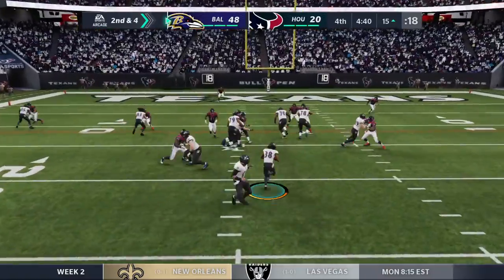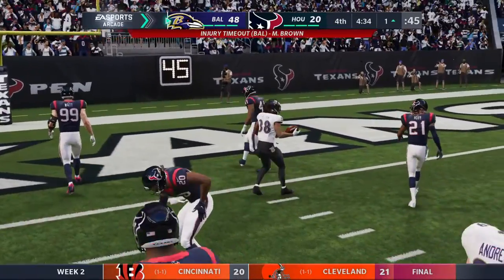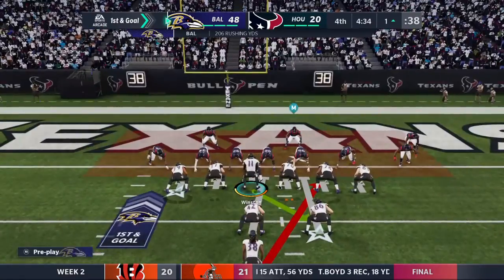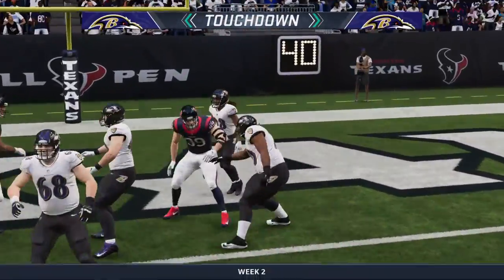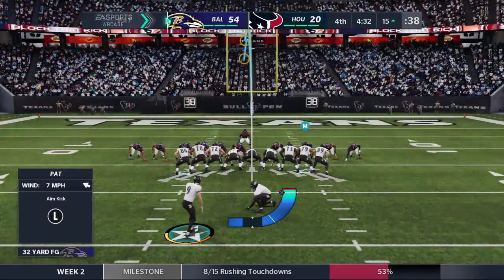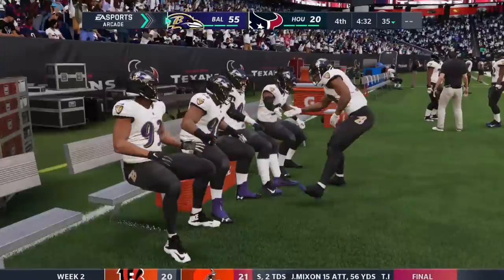Brings up 2nd and 10. On 2nd down now, it's Freeman. And he couldn't quite get there. Tackled down at the 1. Now it appears we've got an injured Raven down there on the field. Well, he gets attended to. We'll step aside. They'll look to run with Freeman. And he'll get in. Touchdown, Baltimore. Punching it in from a yard away. And the Ravens continue to pour it on. Well, this game is definitely over, but we do know some people like to go ahead